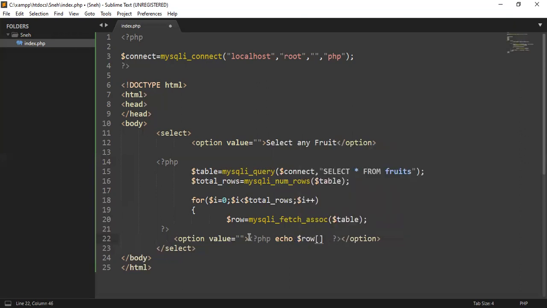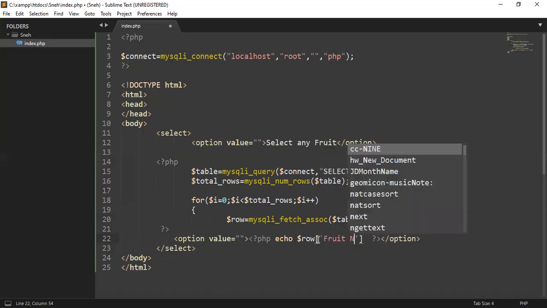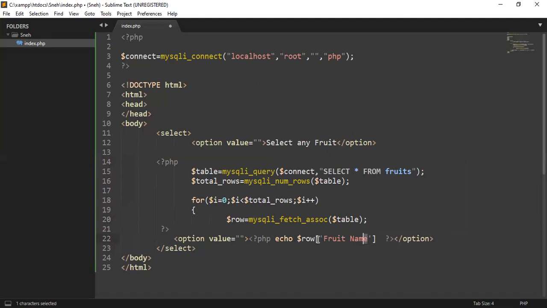And row. So actually this will give an array, an associative array. What is an associative array? It is actually key value. Initially we have a traditional array, index and value. So an associative array has key value. So what is the key over here? Fruit name. Here the key is the same as the column name. Our column name was fruit name. Okay, so our thing is done. So here we are going to get the row, and here we are going to display the data, that is fruit name.